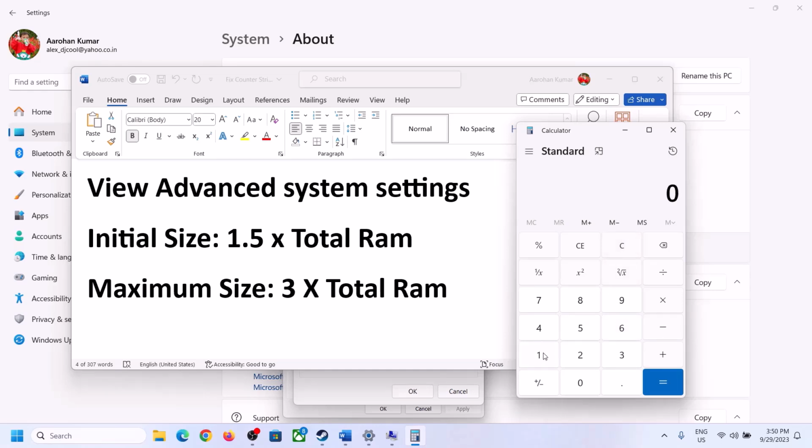So 16 into 1024, because 1 GB is equal to 1024 megabyte. So 16 GB in megabyte will be 16384. This is my total RAM in megabyte. Now 1.5 into total RAM, that is into 1.5. So in my case initial size is